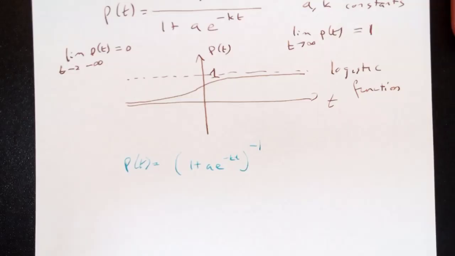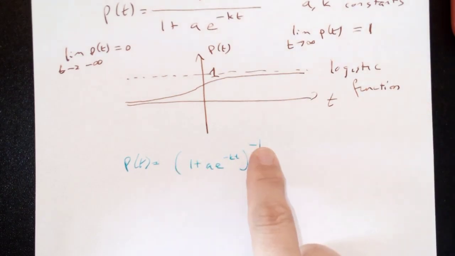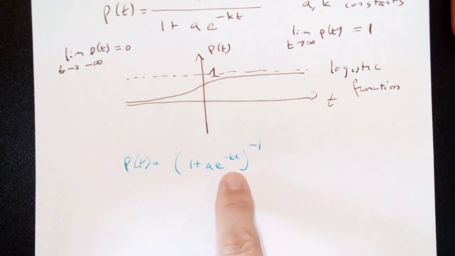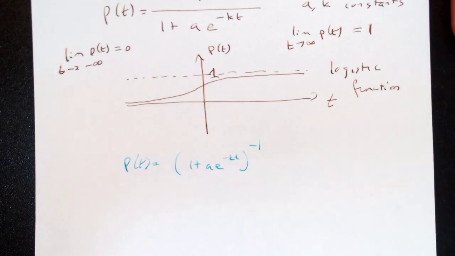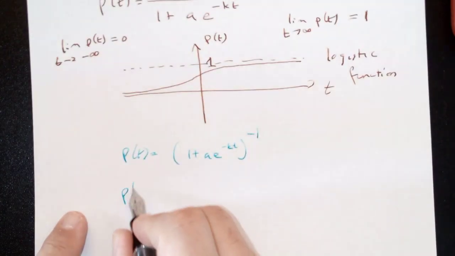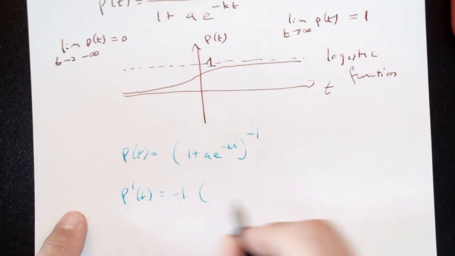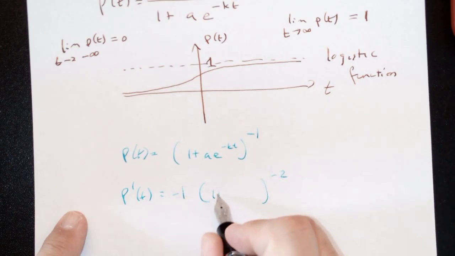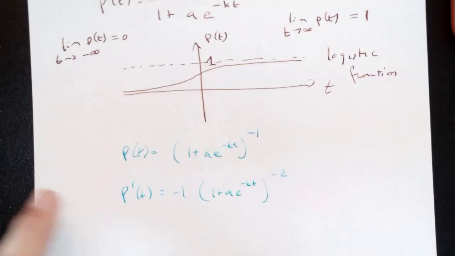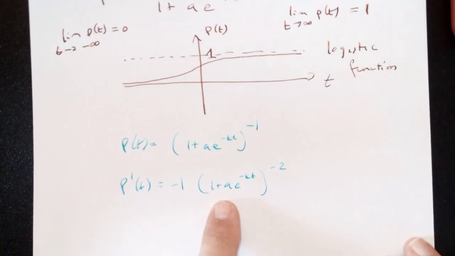Why do I need the chain rule twice? This whole thing is raised to a minus 1, so I'm going to do the chain rule for the outside there. But that's exactly right, there's another exponent that's a double in here, isn't it? So when I do this, P prime is minus 1 times the ugly junk to the minus 2. But now I need to do the derivative of the inside. And the derivative of 1 is,